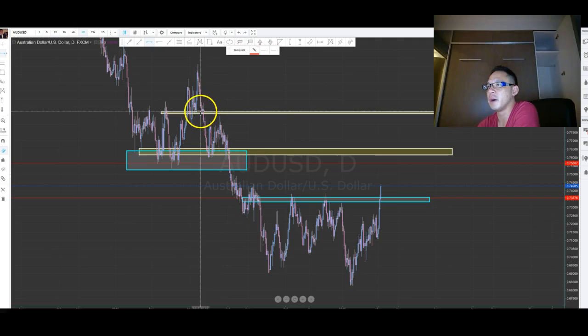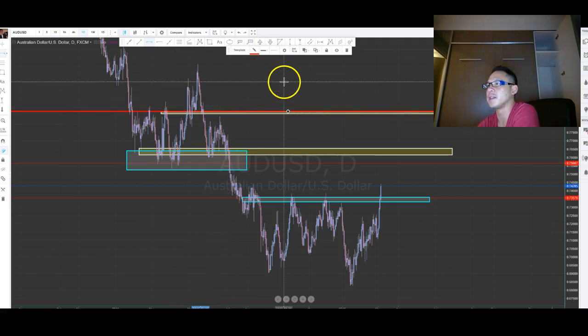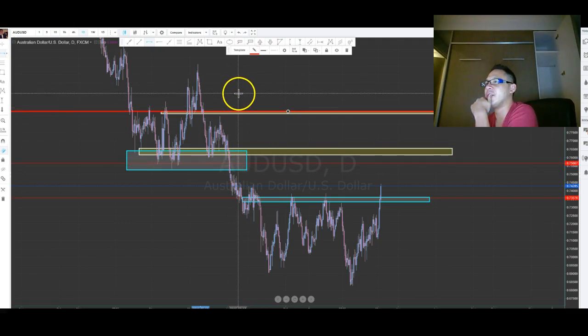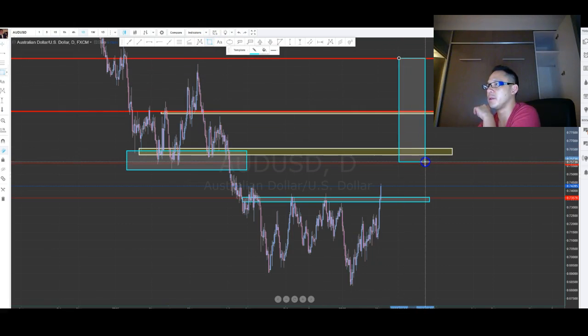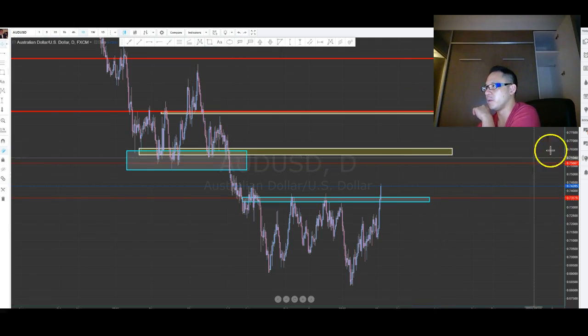At this level, just above here, that's the closest you could really put your stops. And I wouldn't even say that's completely safe, right? The safest area is really up here, but then you're risking a lot to get to this trade. If you go in there, you're risking this much, right? But we'll find the targets.